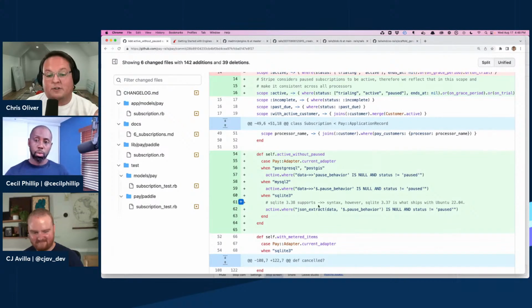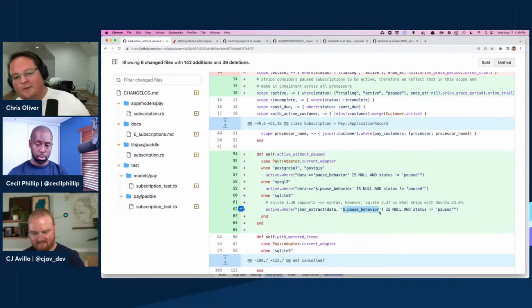And then SQLite just introduced the arrow syntax as well, and we're super excited about that. We could have consolidated maybe that MySQL one and SQLite together. But it turns out that for backwards compatibility, the brand new Ubuntu version that came out in April is one minor version behind for supporting that syntax. So we have to use the JSON extract instead. Basically this arrow operator is a shortcut for JSON extract, and you'll see it also requires the $ dot at the beginning of your column name there, or your attribute in JSON. So we have to do some of these jumping through hoops that are on fire in order to